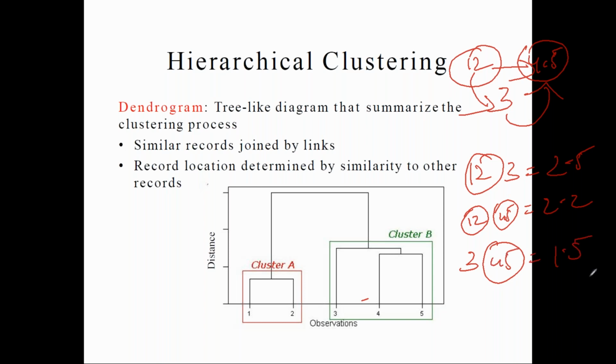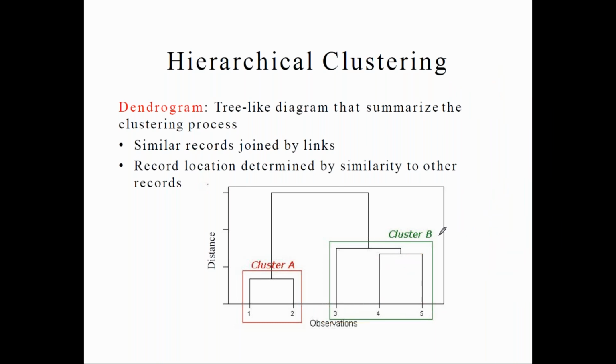So which one is least now? 3 and 4, 5 is least. So I'm going to add this 3 with your existing cluster 4 and 5. So this cluster 3, 4, 5 is formed as a bigger cluster. I can name this as electronics and electrical cluster, and this one I'm going to name as computer science cluster. Clear for everyone? If you are having any questions, you can ask me.